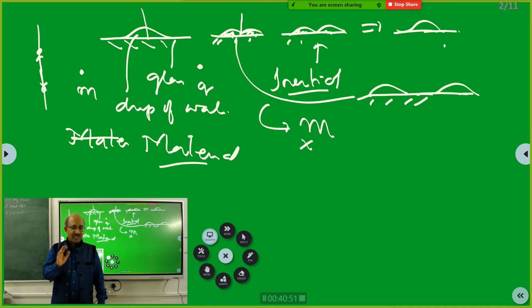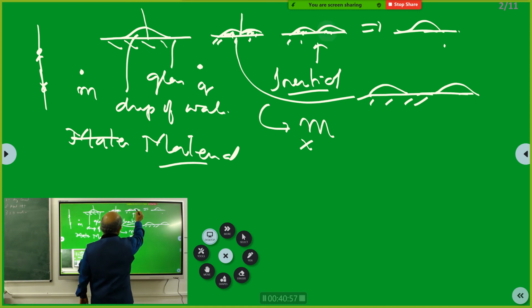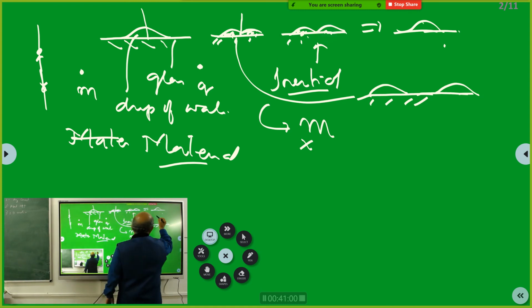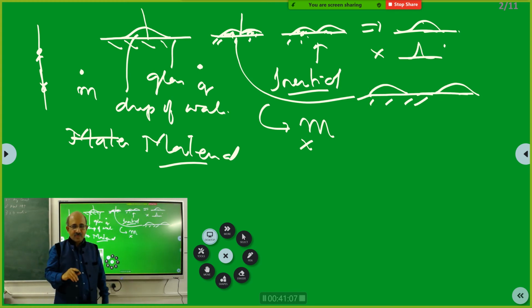See, watch these experiments. These two drops, after they unite, will become like this. It will not become like this. So what does it mean? It means if the two droplets are very far off, out of range, then the force will not act. The force of interaction is gone. It has a range. All forces have range.